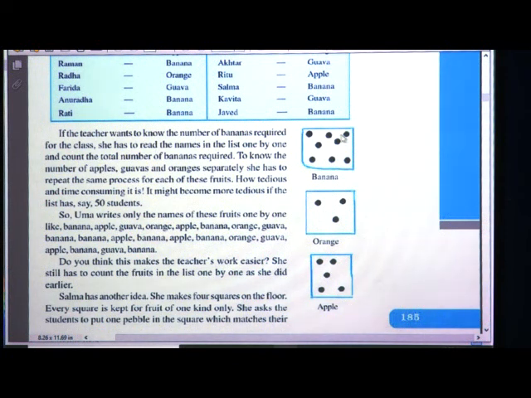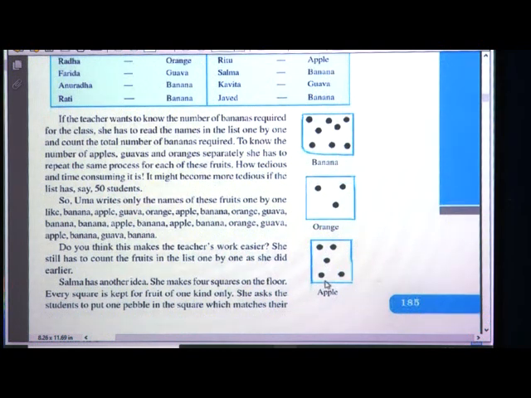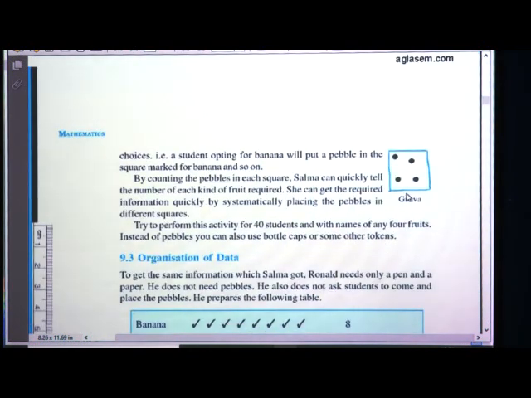So, banana, how many students do like banana? Let us count 3, 4, 5, 6, 7, 8. How many students like banana? 8. Then oranges 3, then apple 5 and then guava 4. So, the last method was the easiest method. Next,